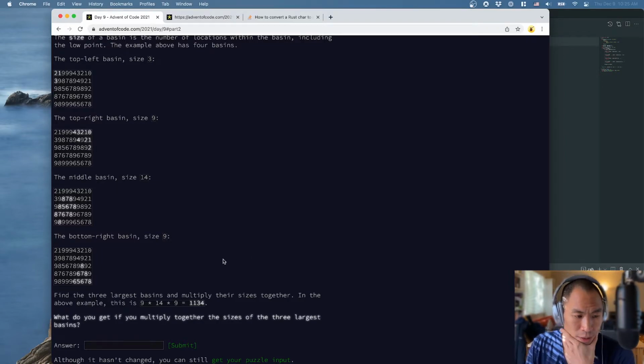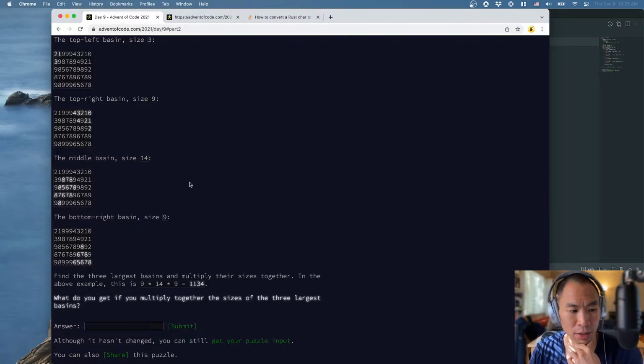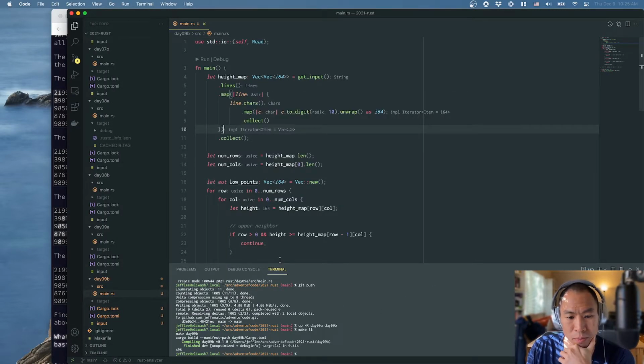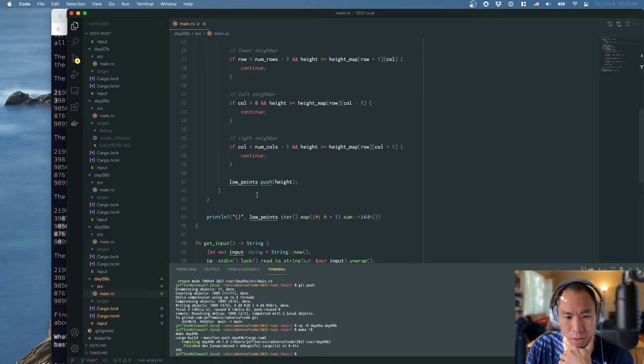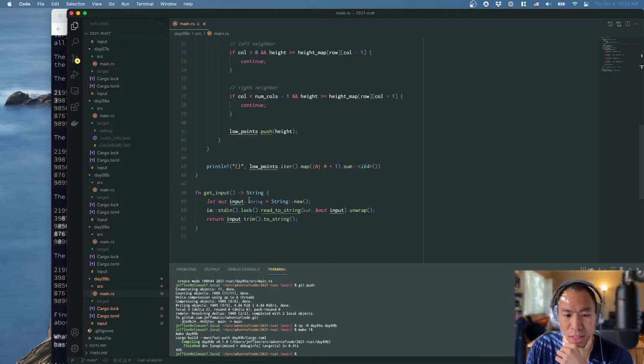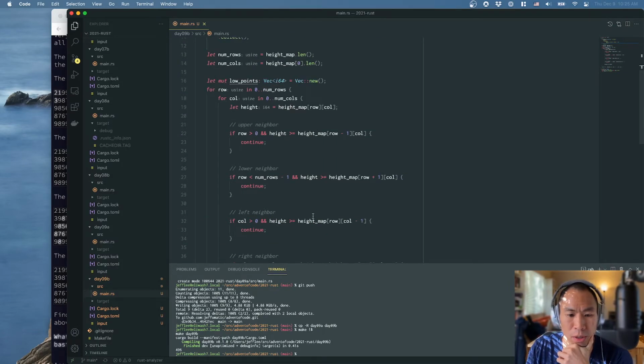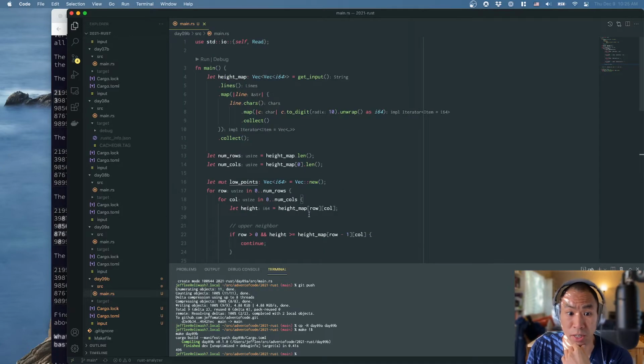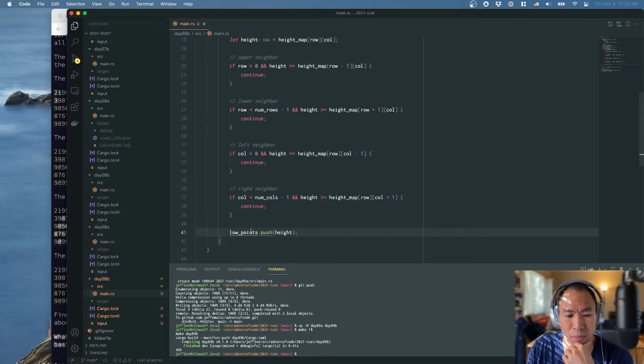I'm back. Where I left off, I was talking about how to implement a search algorithm from our lowest points. I was talking about how much of the previous part's solution we can continue to use in the second part. And I think maybe a bit, right? What we actually need to know for a low point is its location and its height. Although we technically don't need to remember its height, because we can just look it up pretty trivially from the height map. So what we actually need to do is just remember where the low points are